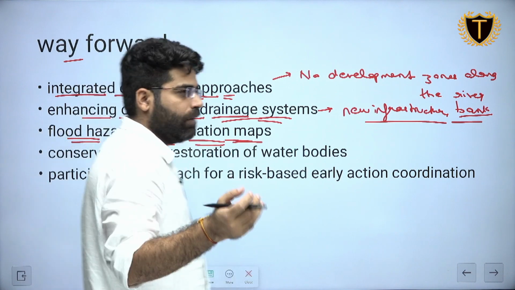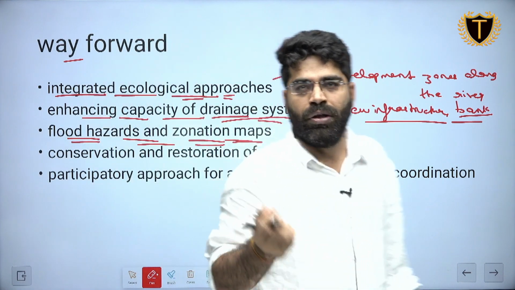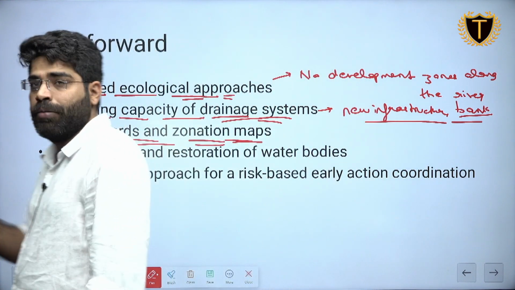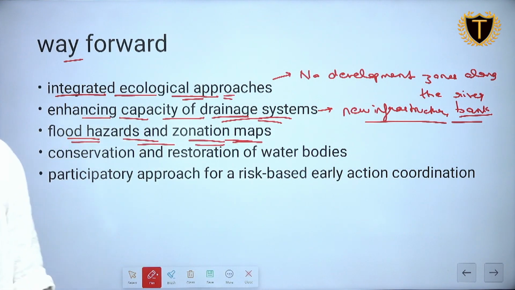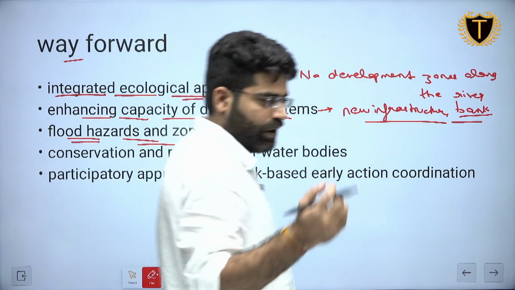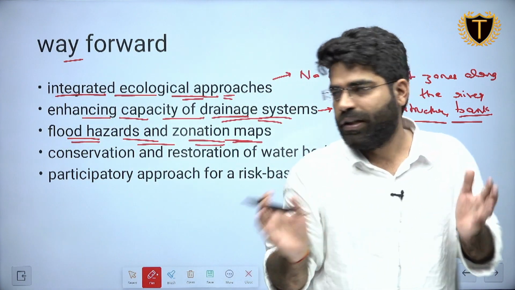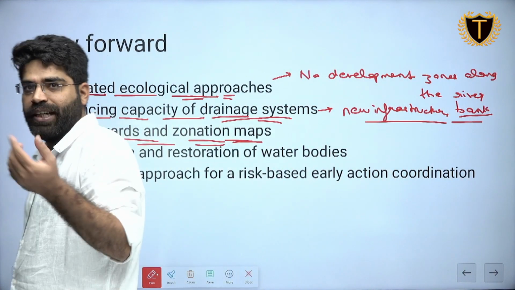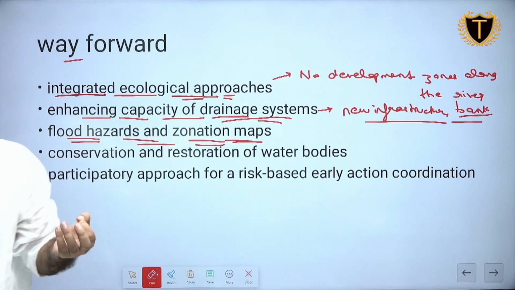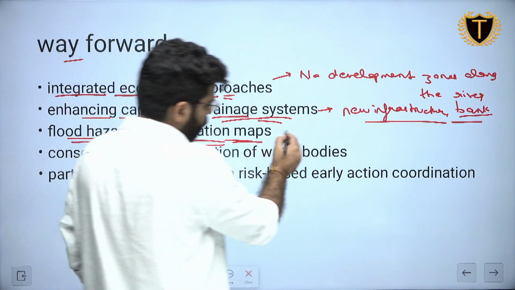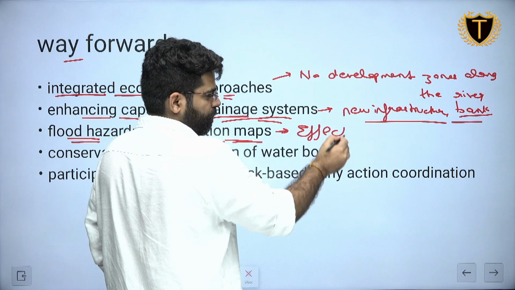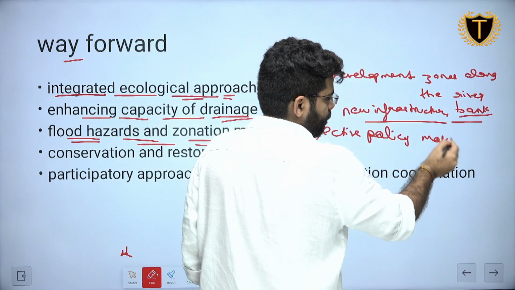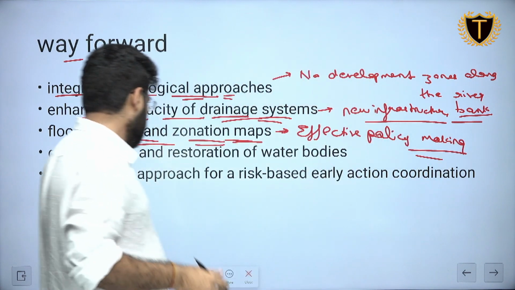There should be a collaboration between agencies like the Geological Survey of India, ISRO (Indian Space Research Organisation), and the Ministry of Home Affairs, under which the NDMA comes. So there should be proper collaboration between different stakeholders. The municipality or the municipal commission of that city should also be taken into consideration, so that effective policy making can be put into place. Clear?